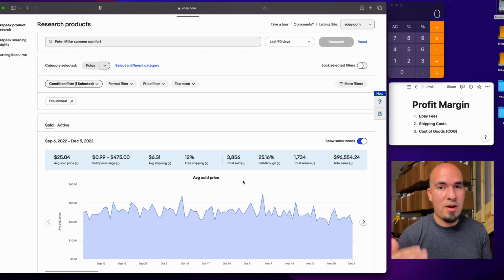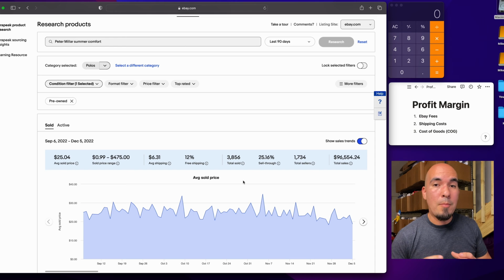So now we're going to get into profit margin, and you want to know profit margin because this is going to give you a better idea of how much to pay for your items at the thrift store, right? What we call the cost of goods. It's actually going to let you know how much you're going to get paid and how much room you have to be able to lower the price when you need to, because the item's not moving,